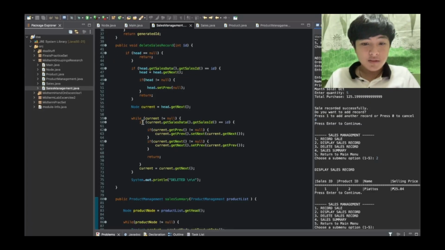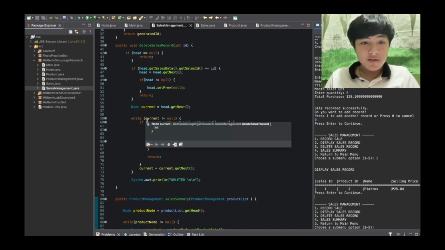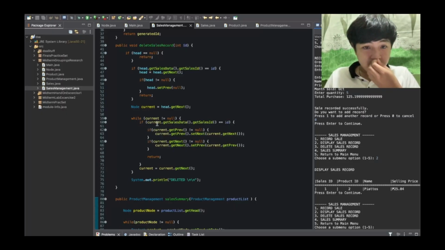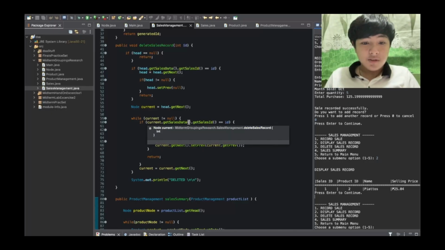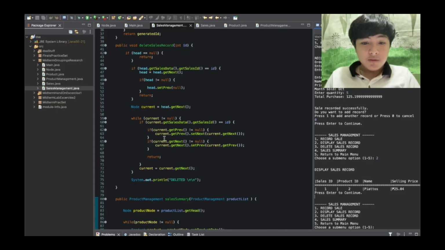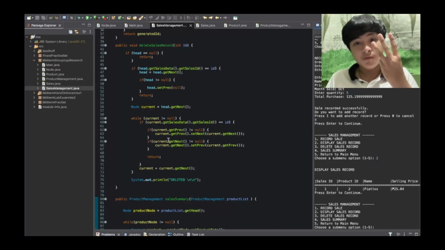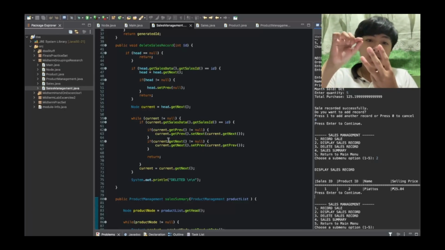So now let's go to this while loop. This while loop will traverse the linked list. Like I said, if the current matches the ID the user entered to delete, then the two if statements will commence. To make it easy to understand, for example, I have 3 nodes, right? Let's say the user wants to delete this one.